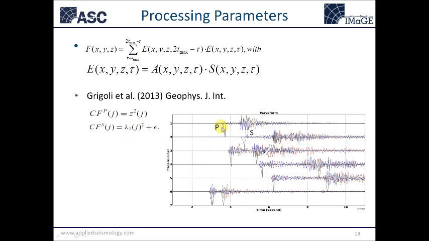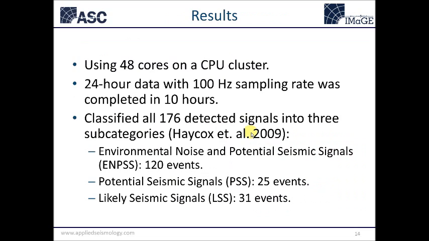And we plot the histogram of the 3 groups as a function of time. Blue is the environmental noise, red is the signal, and you can consider the yellow or greenish yellow as the gray zone between signal and noise. And I converted the time from UTC time to the local time here. You can see 2 rises of seismic signal. One occurred in the early morning, August 29, and the other one is in the afternoon, August 29. So this rise is likely because of seismic events, and this rise has fewer located seismic events,